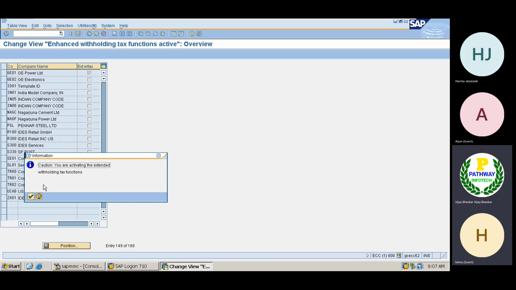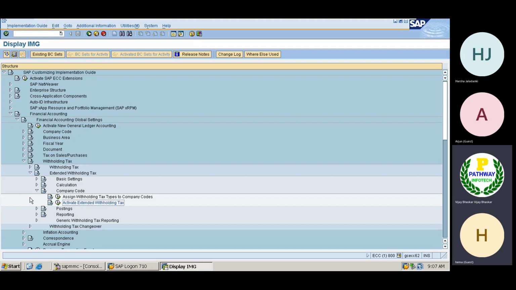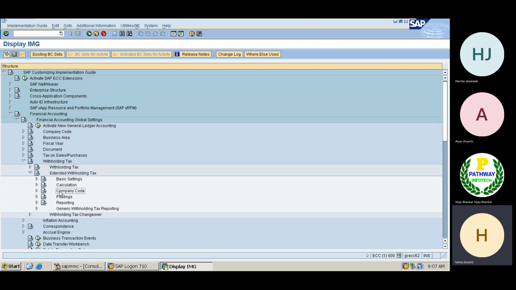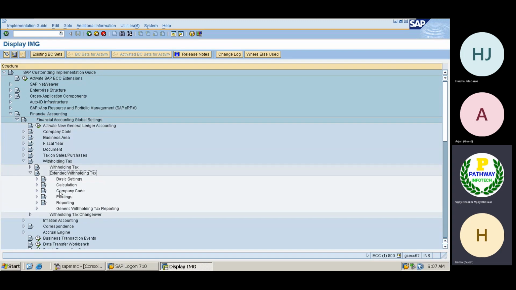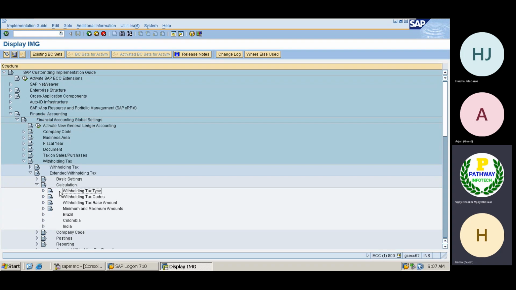you activate the extended withholding tax functionality. Okay, then fine. Then withholding taxes, extended withholding taxes. Then go to the calculation, India